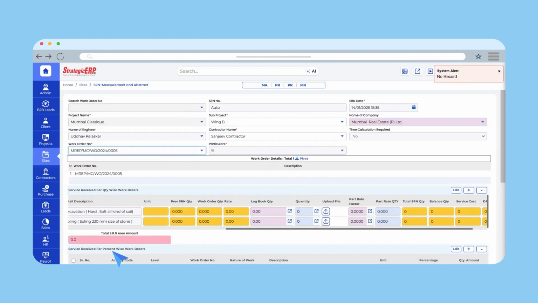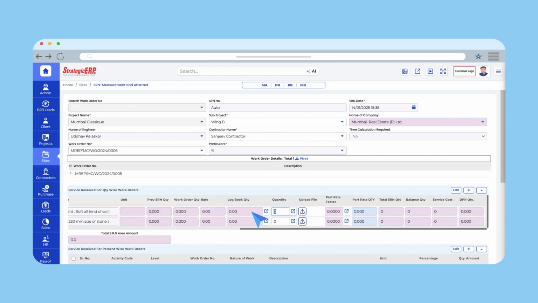In case of percentage-wise work order, select the service note date, project name, subproject name and contractor name. You can also select the engineer's name if required. Select the work order number. The work order details will be fetched automatically based on your selection. Enter the required quantity. You can also view the previous service note quantity, total service note quantity, balance quantity and